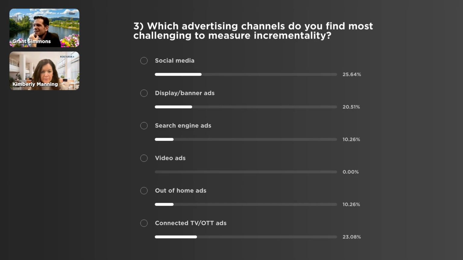Yeah, social media seems to be up there right now. Connected TV, yep. So we get into a lot of what signals are available to bridge from the living room device to the couch sitter. It's a bummer that social media is so hard to measure incrementally. We'll talk about that one here in a little bit. No, it's good. Cool. All right. Let's go back to the slides here real quick.